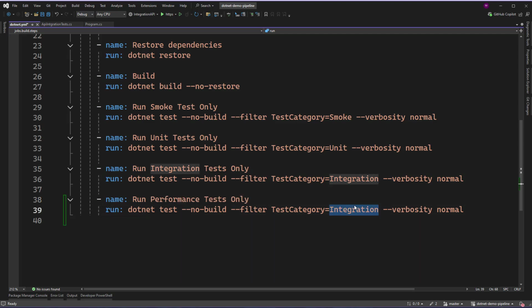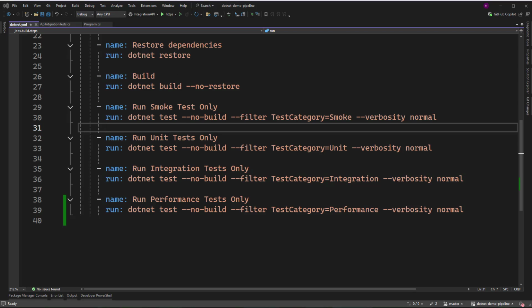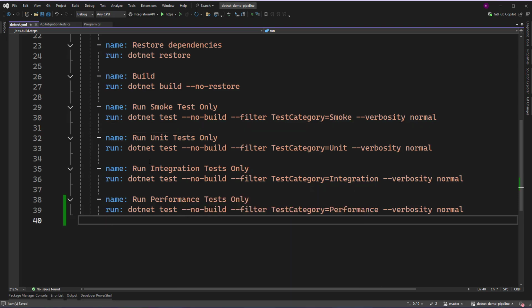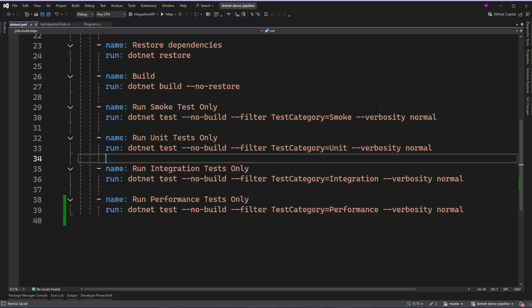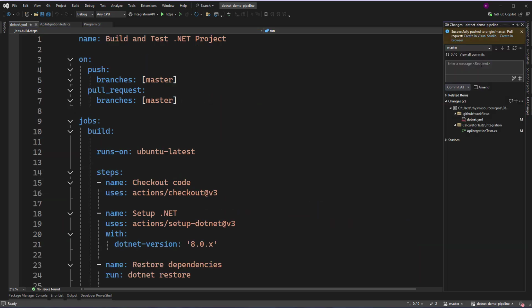Okay, category performance. Now, we talked about last time, we place smoke tests before all of our other items because a smoke test is really, hey, you've broken everything and nothing is working, and so you really don't want to proceed with any other tests. But with performance tests, they're typically lightweight and we want to test them every push, and it doesn't really matter where they go as long as they go after the smoke test. So adding this to our file down here at the end is going to be a great place to put it. So I'm going to say update for performance test